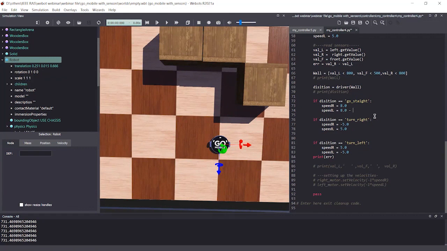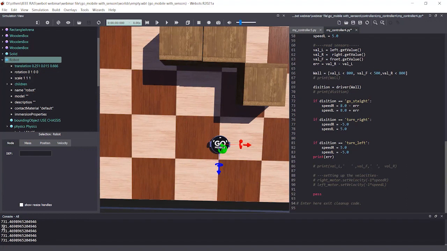So we remove the error value from the right side rotation speed and add it to the left.